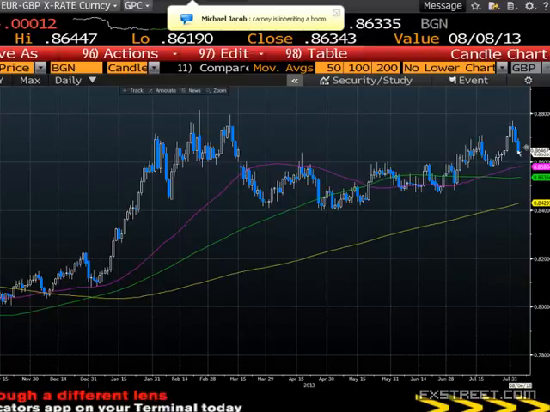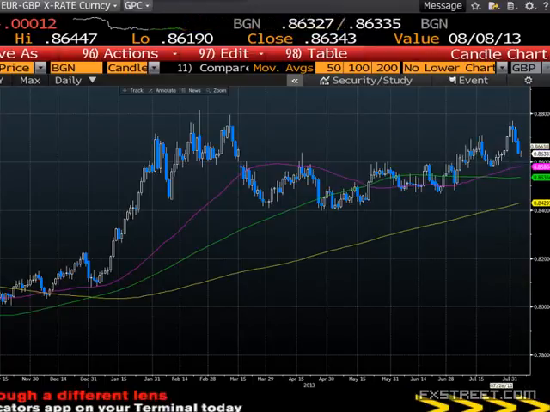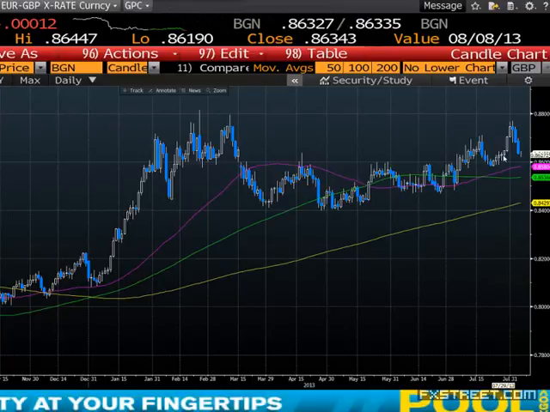Now that is to be expected, because we have this congestion zone around here. And the one thing I do want you to notice though is that we've had some very big candles, on the way up and also on the way down over the last week. But preceding that, very, very short, small candles, very narrow ranges. And I would not be surprised if we would see a narrow range today as well. So the downside being protected.